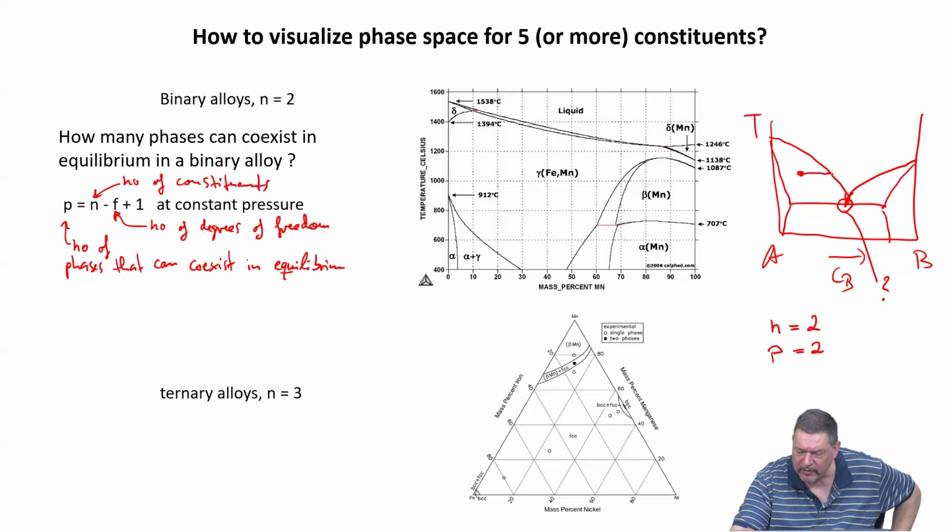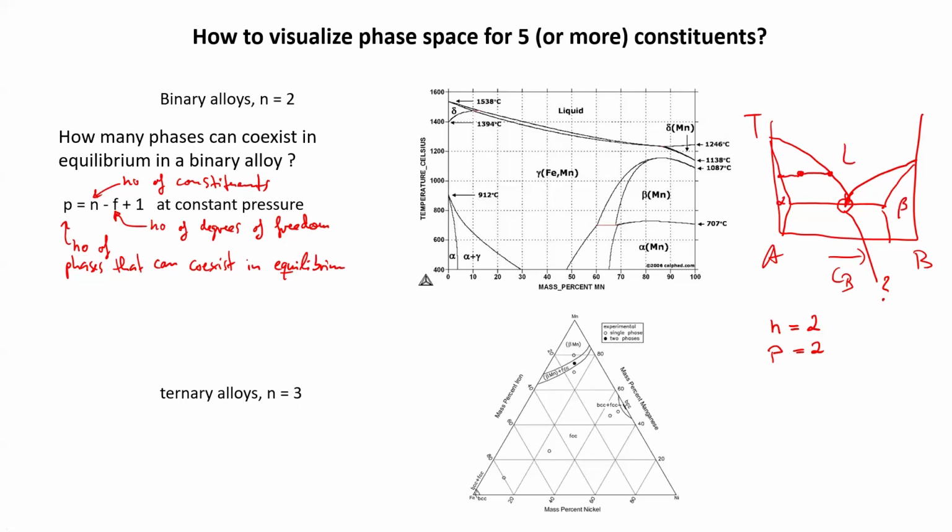Because at this point, when we draw the conode, we have solid alpha and liquid, which means we have